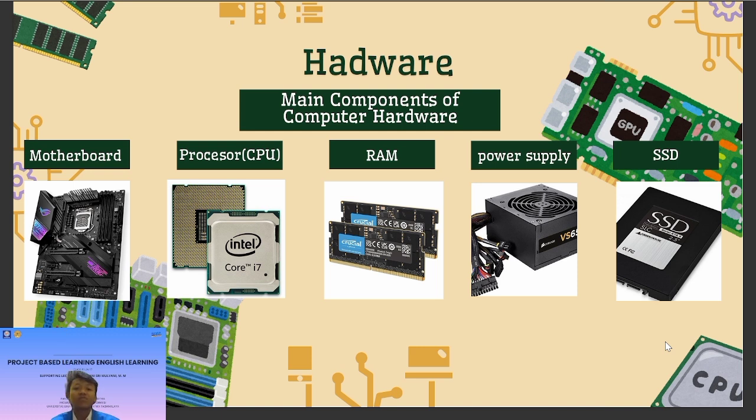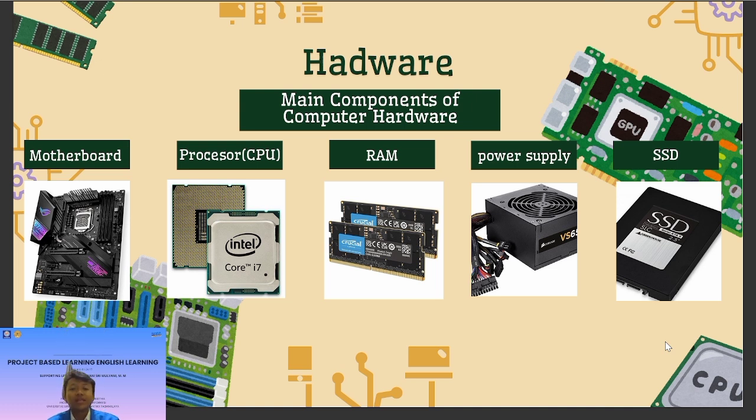Next, there is the power supply, which functions as a converter and main distributor of electric current and distributes it stably to all computer components such as the motherboard, processor, or CPU. Finally, the SSD, which serves as the primary extremely fast data storage medium on a computer. For example, it is used to store personal files and applications, and to boot the operating system like Windows.